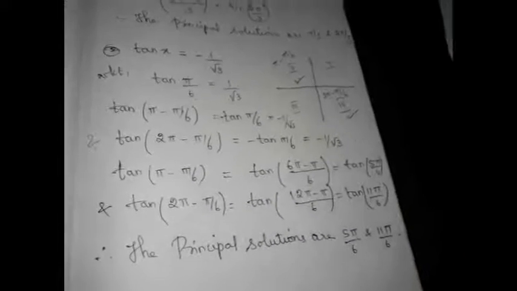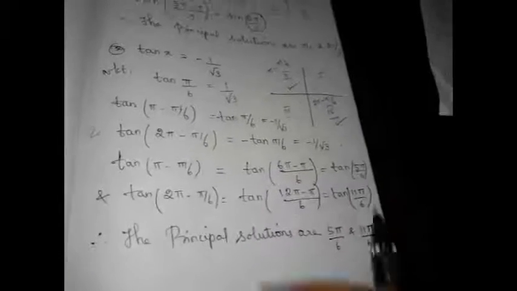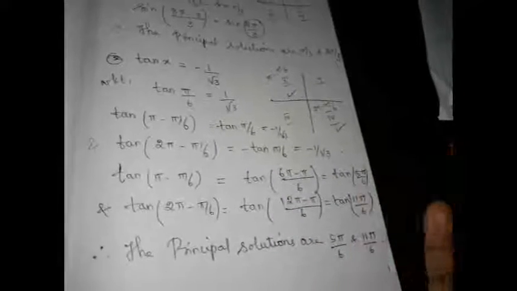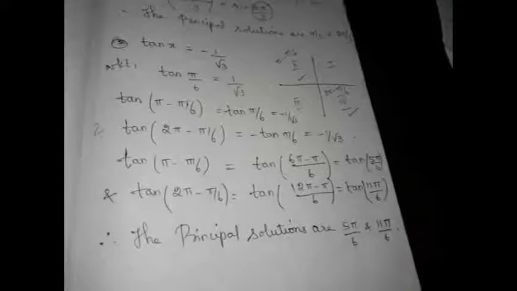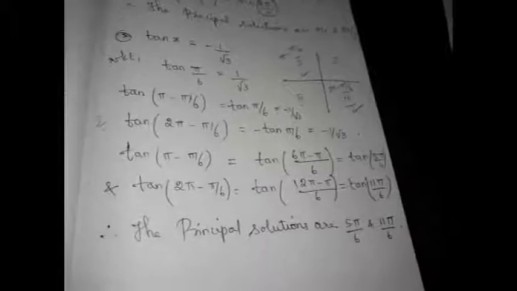Hope you understood. So what is the procedure to find the principal solution? Usually they will give some standard angle only. First find which angle it corresponds to. After that, find the two quadrants in which the given value lies, whether it should be positive or negative according to the question. Choose two angles and express that standard angle in terms of pi and 2 pi. Simplify it and find the answer, which will give you the principal solution. Hope you got a clear idea now.